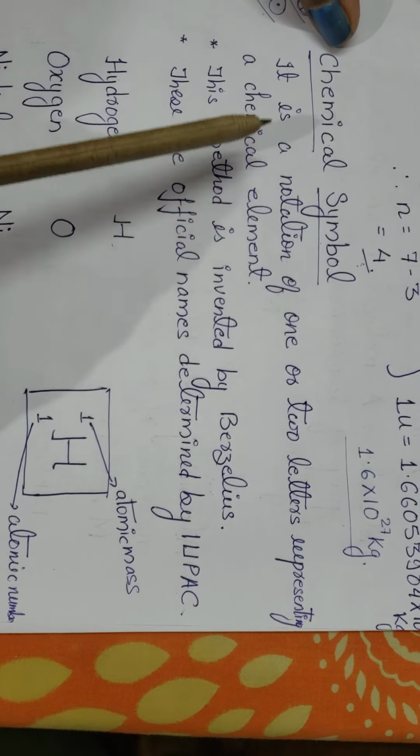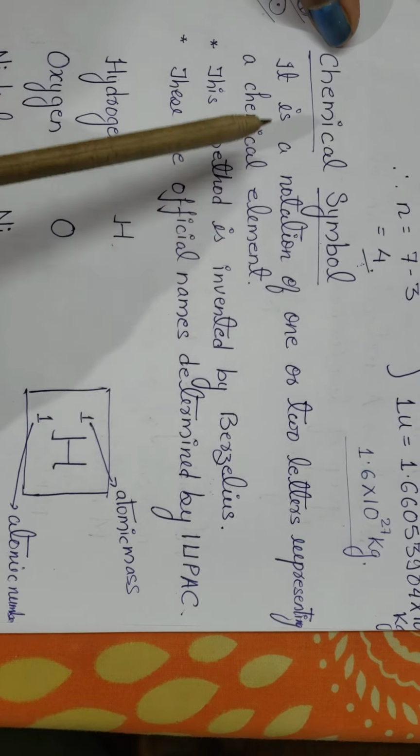So like we calculated the atomic mass, similarly the mass of a molecule can also be calculated. When we calculate the mass of a molecule, it is called the molecular mass. So what is molecular mass? Molecular mass is the sum of atomic masses of all atoms in a single molecule of that substance. This molecular mass is also expressed in a unit which is called Dalton. So if you have to calculate the molecular mass, how will we calculate?